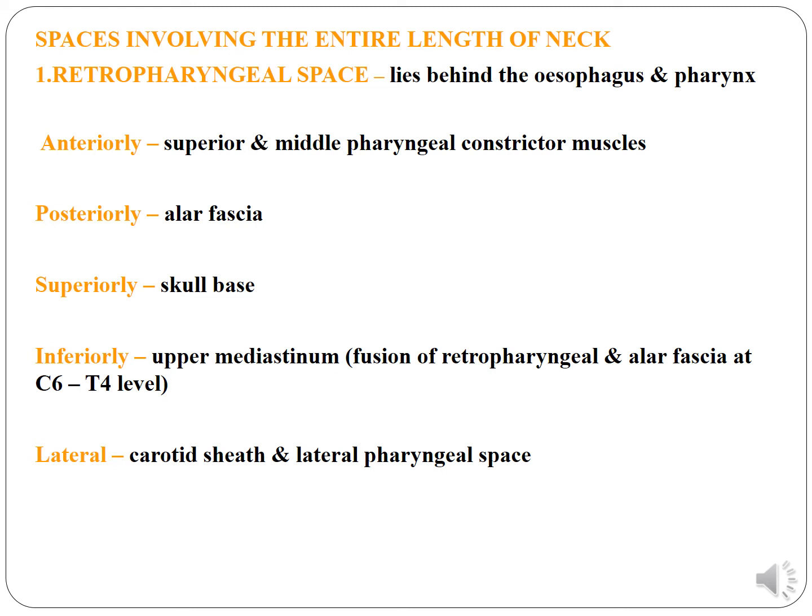You have the retropharyngeal space with its anatomical boundaries being the pharyngeal constrictor muscles, alar fascia, and skull base. The superior border is always the skull base, and inferiorly you have the upper mediastinum. So anywhere the infection can rise till the chest. Most importantly, they have the carotid sheath and lateral pharyngeal space as a lateral relationship, and when these spaces spread around the carotid sheath and then poke into the carotid artery, the effects are devastating.